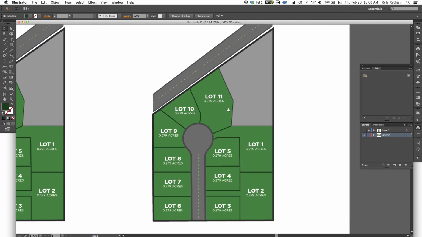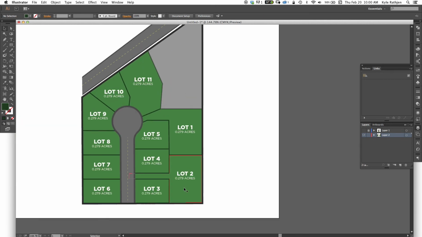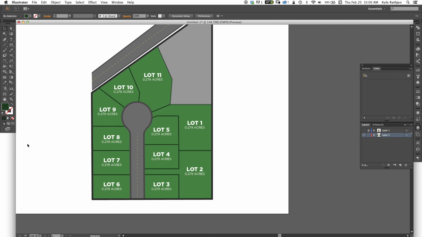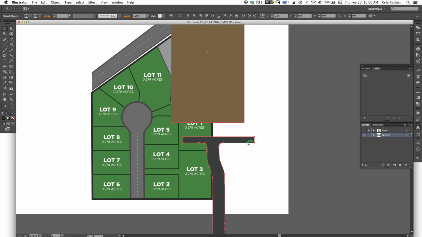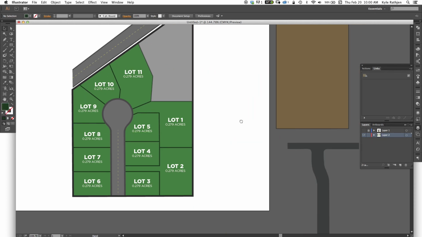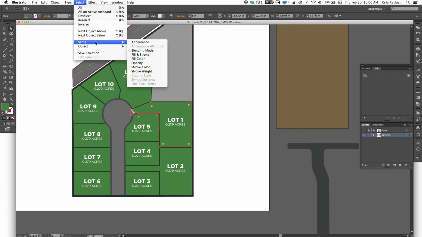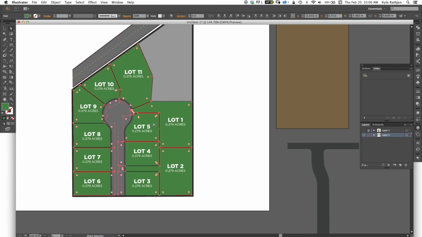Okay, so when we come over here, now we have our new drawing. So this needs to match these colors. Okay, so if you just select this color, then you go to select same fill color. It's going to select all of the same ones. Then you're just going to eyedrop. So hit I, and you're going to come over here and just click on that color, and then I got this